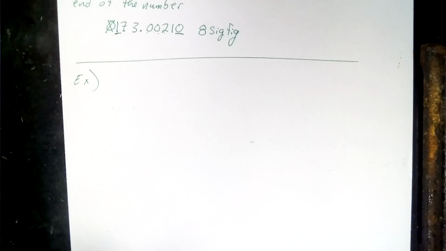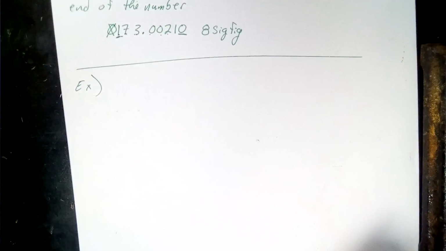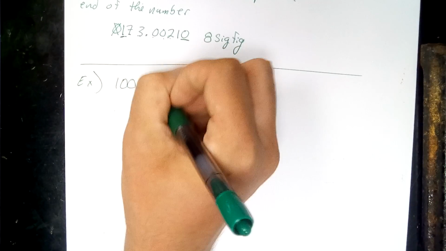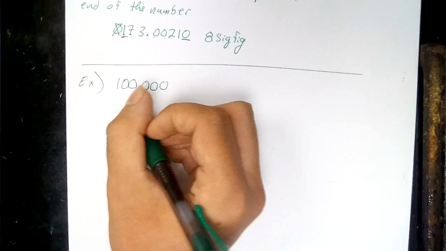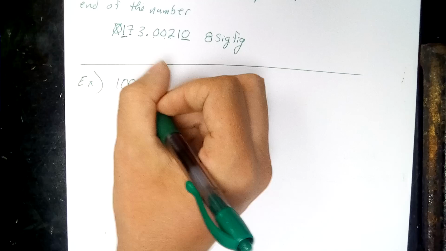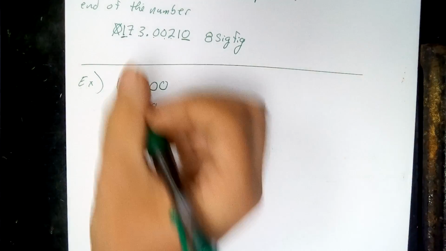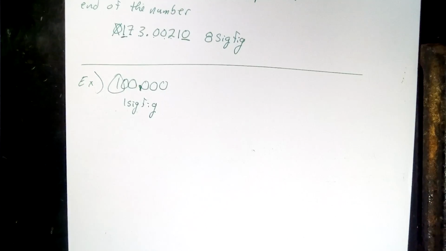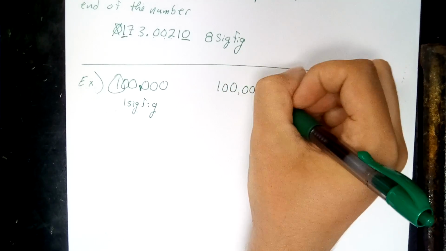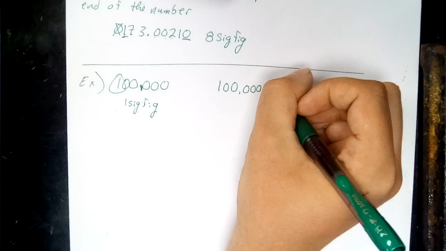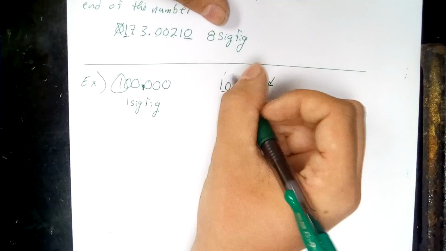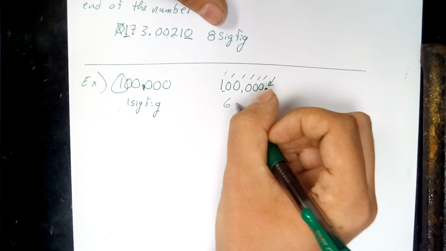So to do a couple more examples, to start off with non-decimal numbers, it doesn't matter how many zeros are in front of it or behind it with these non-decimal numbers. So I could have the number 100,000. There's only one sig fig in it. Because there's no decimal place, we just have this comma here. Since there's no decimal place, only that 1 is significant. However, if I put a decimal place at the end, this messes with everything right here. This now means everything past that 1 is significant. So we have 1, 2, 3, 4, 5. We have 6